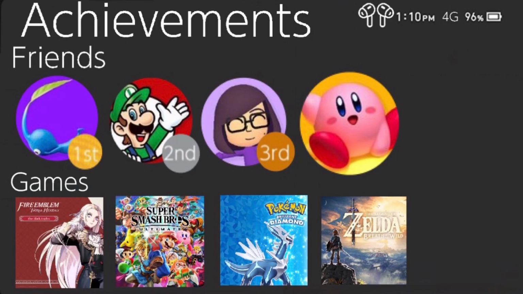And when you go to the achievements page, you will see your friends like a leaderboard. So whoever has the most achievements earned that month will appear first, and your games will appear down below. In case you're curious why the thumbnail's different for Fire Emblem Three Houses, it's because depending on the route that you took in Fire Emblem Three Houses, for example, the Black Eagles, the thumbnail would be red with Edelgard on